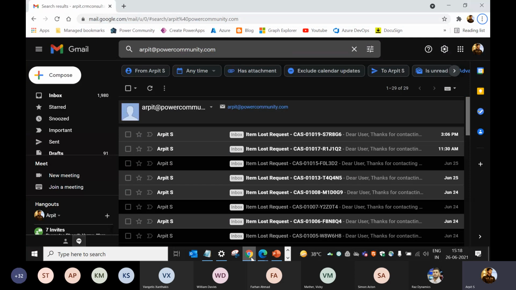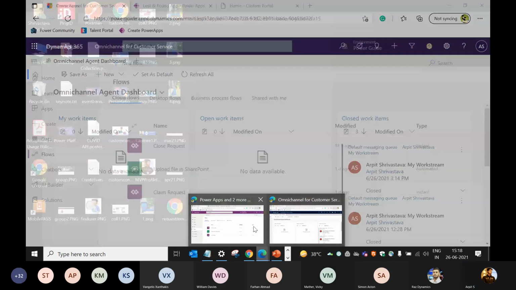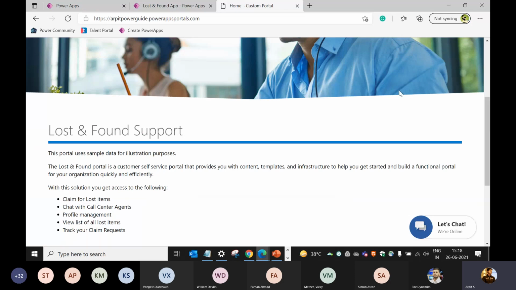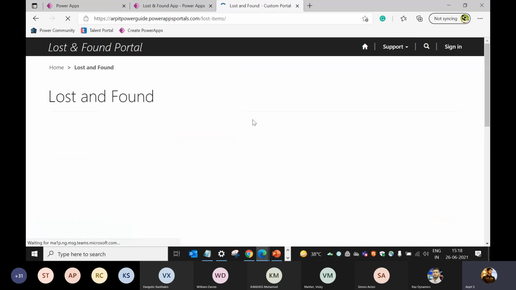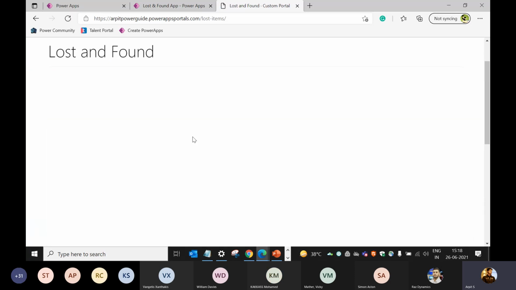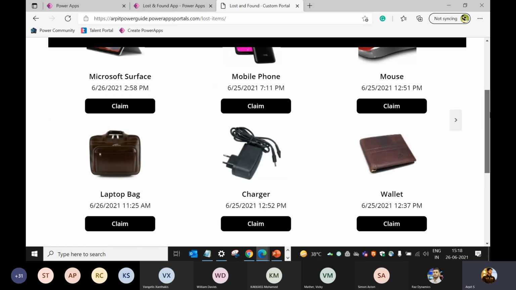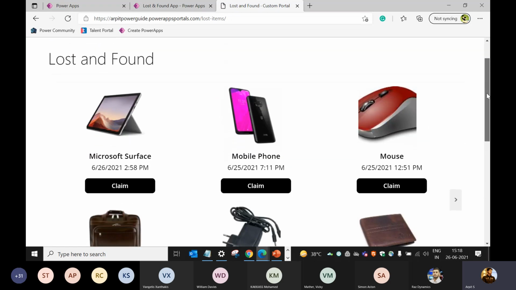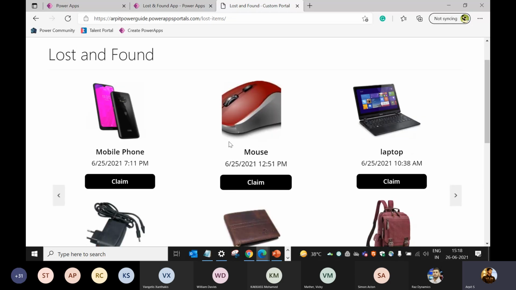The interesting fact is, if I go to the portal and go to the lost and found app, you can see here there is a list of items available. To design this particular page, I didn't use any code, HTML, or JavaScript. I am actually embedding the Canvas app over here to simply showcase all the lost items.